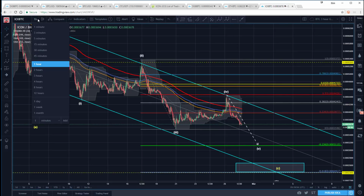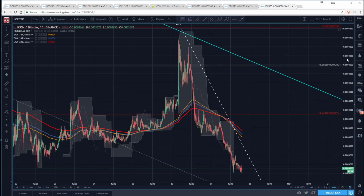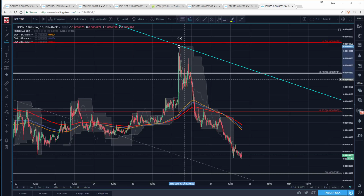So we got to go down to the 15-minute, which my guess is that's what I've got members doing. They're trying to maybe day trade this. So here's that front run on the 50. So what could we have here? This could be 1, 2. We'll have to look here. That looks like that might go deep. So we might have 3 down here. So let's measure it. So if we take our alternate price projection tool from our pivot, this certainly could play